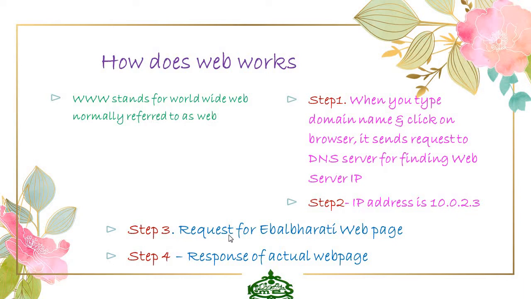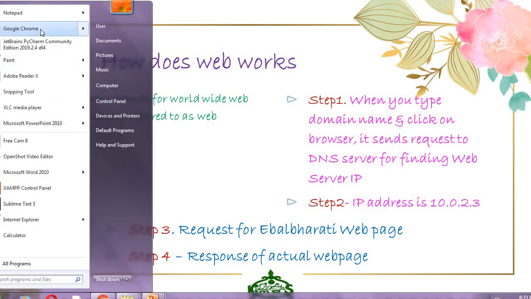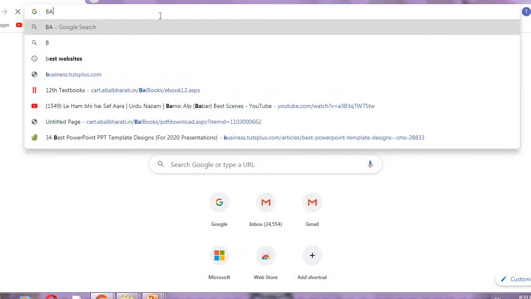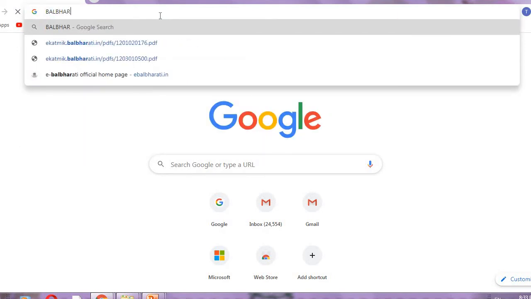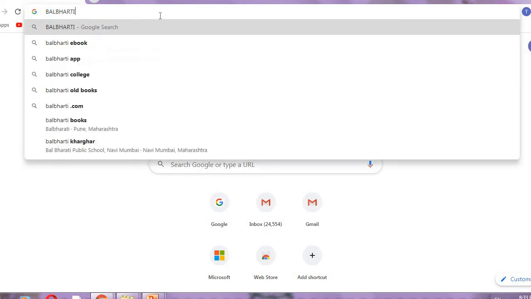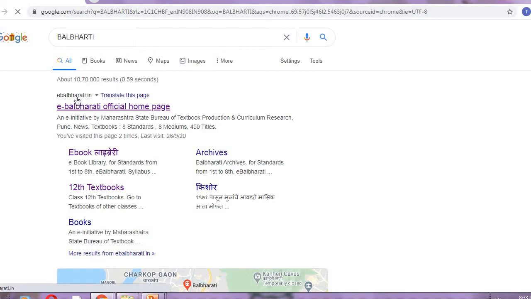Third step, for example, request for the eBalBharti web page. See the example. Start Google Chrome again. Balbharti website. Now I am clicking here. It will send a request to ebalbharti.in.